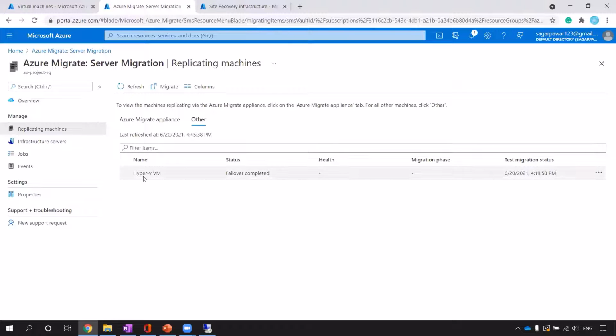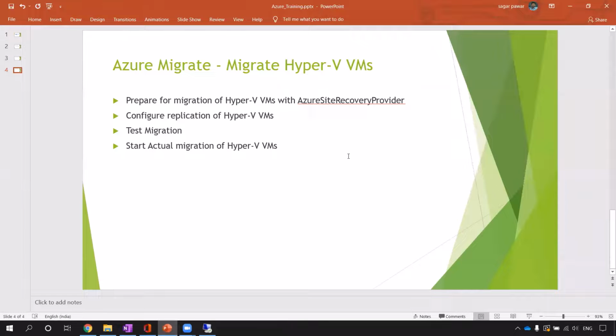Now, we have completed all the steps which I mentioned in the PPT, right? Just to highlight here, when you use the Azure Migrate service, it is not a single service which will do all the work for you. You have to use other services such as a Recovery Services vault and Azure Site Recovery. This also comes with that when you start doing the actual migration. So please keep note of it.